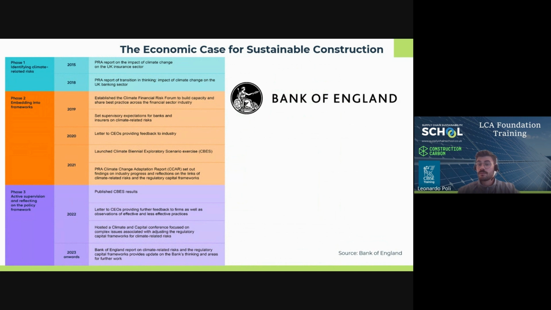The first involves promoting safety and soundness by enhancing the prudential regulatory authorities' approach to supervising the financial risk from climate change. The second involves enhancing the resilience of the UK financial system by supporting an orderly market transition to a low-carbon economy. The bank is an official supporter of the TCFD recommendations.